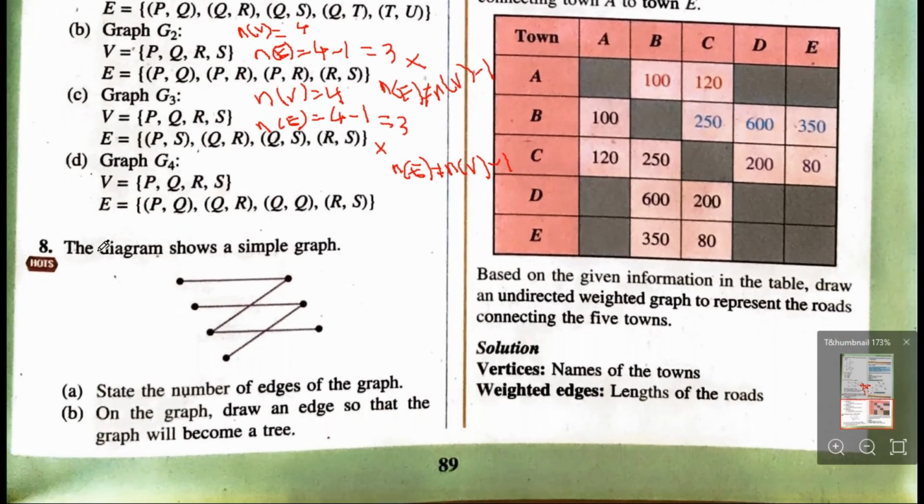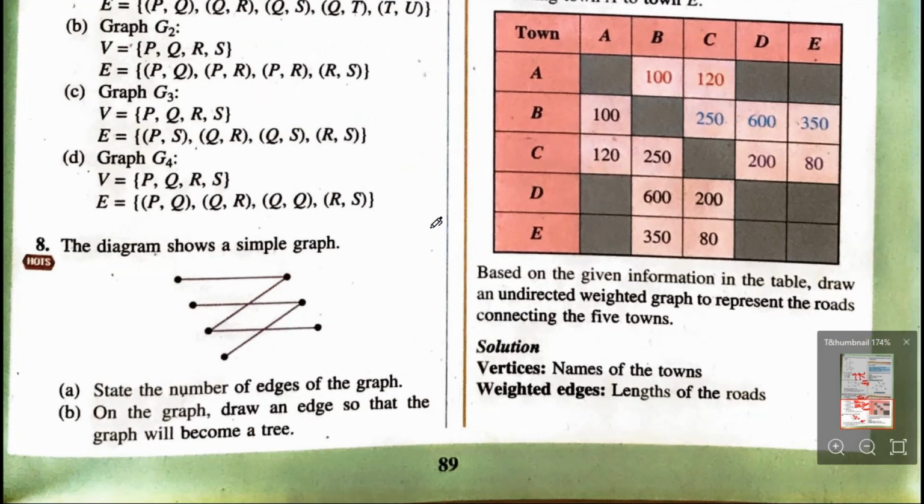Number 8. The diagram shows a simple graph. State the number of edges of the graph. So how many edges here? Okay, we can label it. So this is E1, okay, this is E2, and this straight line is E3, and this is E4, and this is E5. So number of edges equals to 5. 我们有5条线在这里。